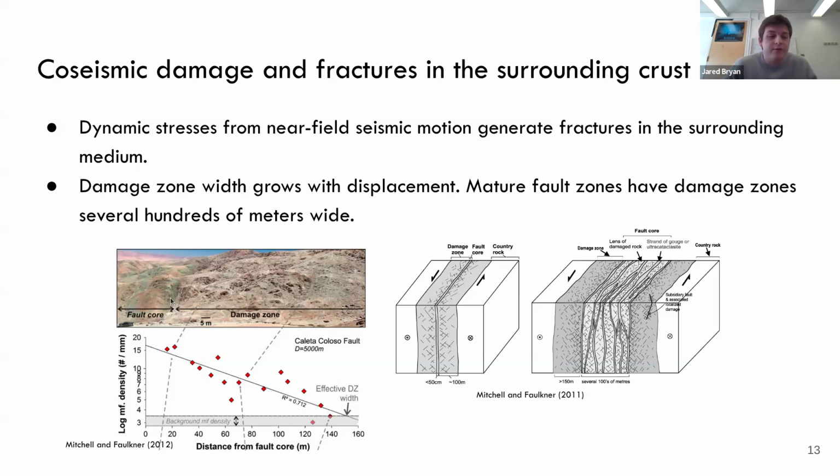You might have a fault core like this with a very distributed damage zone with fracture density that's not constant in space. So you might have more than one of these fault cores surrounded by this sort of distributed damage zone. And these can be pretty extensive features, up to several hundred meters wide for really mature fault zones. And these are important structures to consider, not just because they'll affect how strain localizes and stress is distributed in